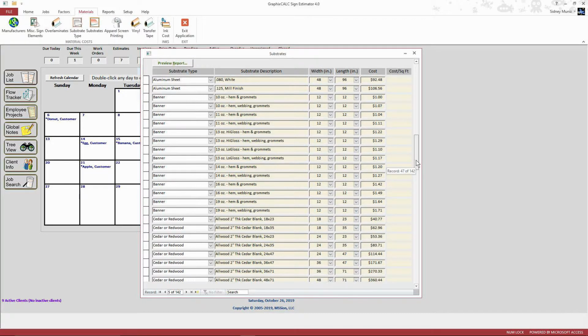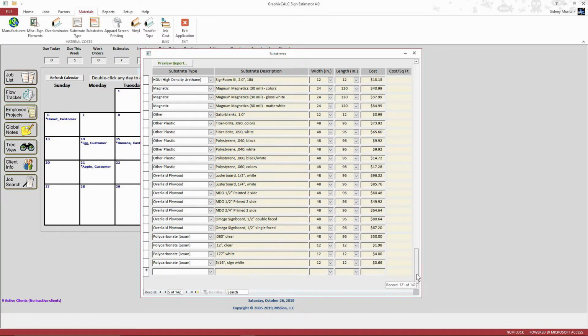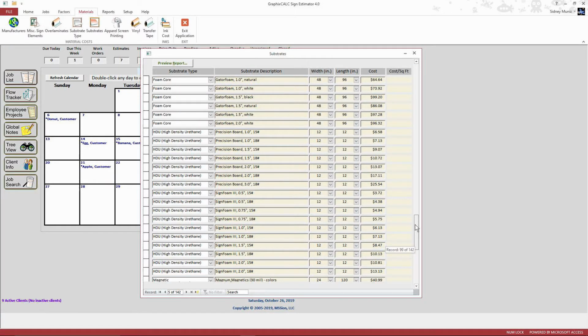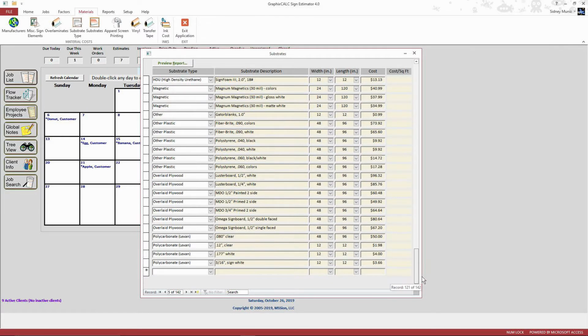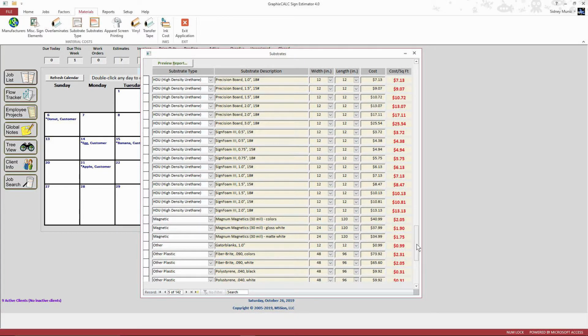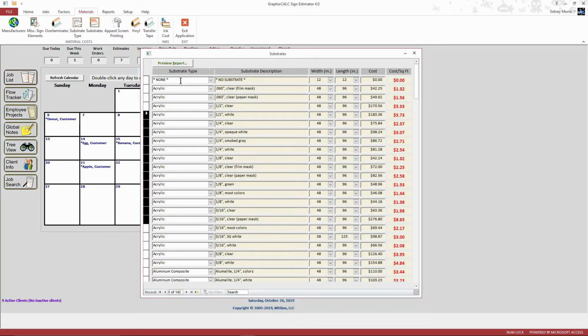That way you don't have to go through 142. As you can see from down below here where my mouse is, there's 142 records. You will always delete here on the white boxes, and you will always add to the bottom. Later on, it will be up top, or if you hit F5. One of the things that's very important in all areas in the program, whether it's here or where your sign